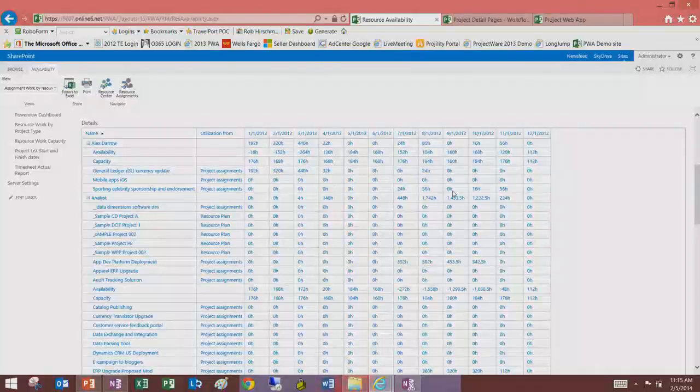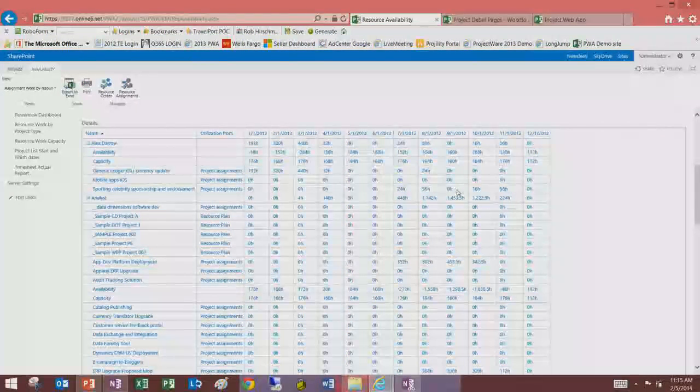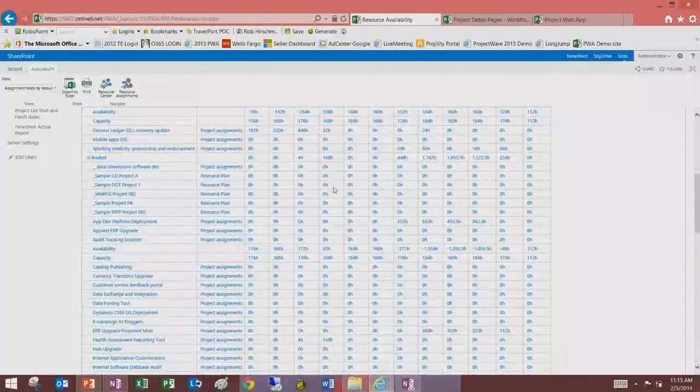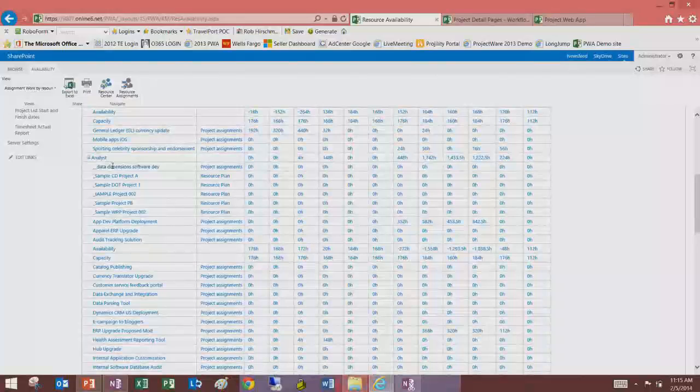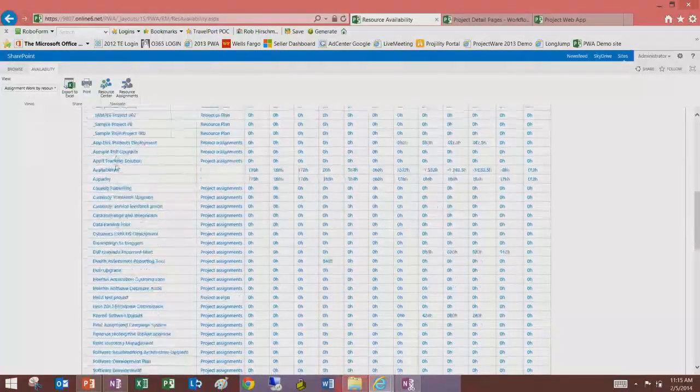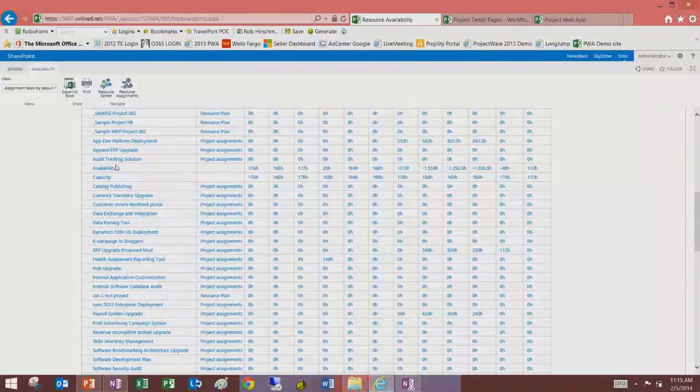But I don't know if in your data set you have any proposed booking. But I don't know. I'll have to see. If you select that checkbox and just hit apply, then the bars should go up. Yes? Yep. So if you put together a resource plan for a new project coming in, and you need